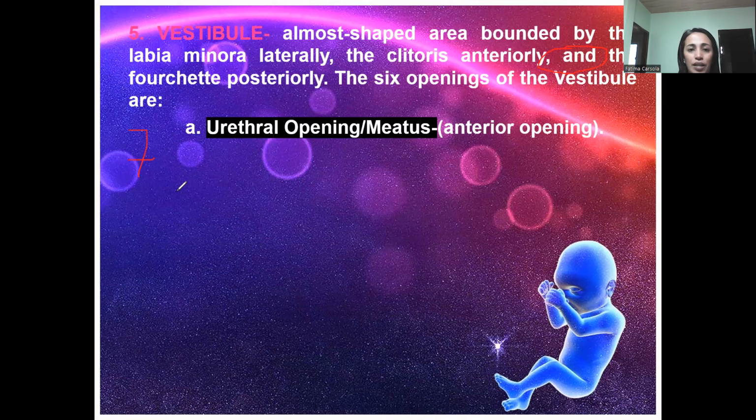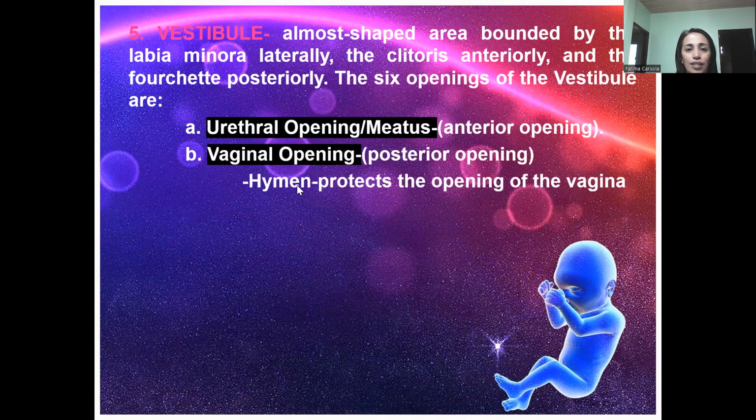6 of which are under your vestibule, okay? The 7th is your anal sphincter. So you have here the urethral meatus or the anterior opening. When we say the urethral meatus, it is important in the board exam because the urethral meatus is highly related to the development of a UTI to mothers. So the urethral meatus being adjacent, okay, to your anal sphincter, where you can have your Escherichia coli.